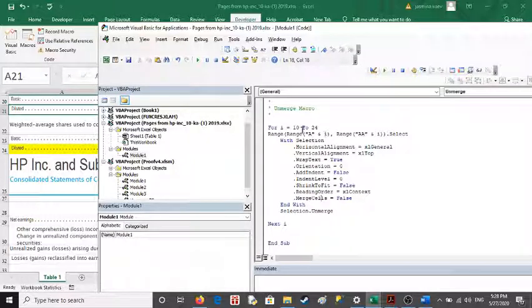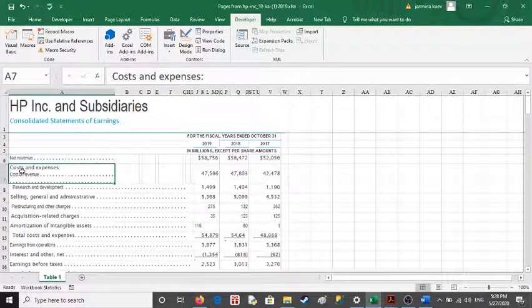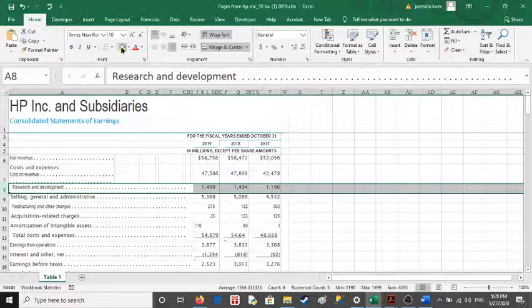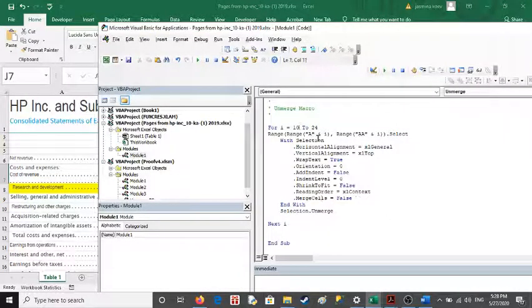And I will adjust. I'm starting from 6, 7, I'm starting from 8. I will adjust I8 to 24,